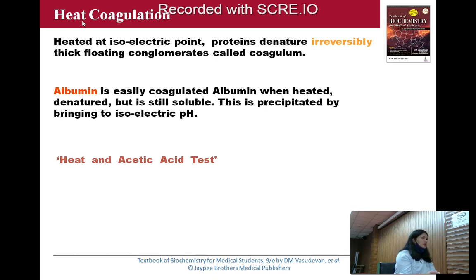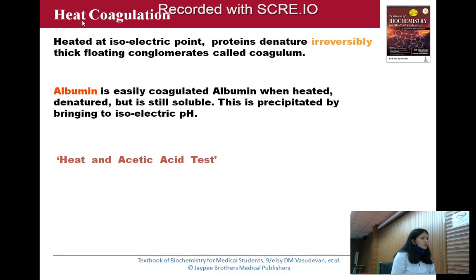Okay, but if phosphate is present, what will happen? It will disappear. So there is one protein present in the urine which can be visualized by the heat coagulation test, which is present in multiple myeloma. Do you remember any protein? Multiple myeloma is the tumor of the light chains of immunoglobulin, also known as plasma cell tumor. So you get one typical protein which we can see in the heat coagulation test, that is known as Bence-Jones protein.